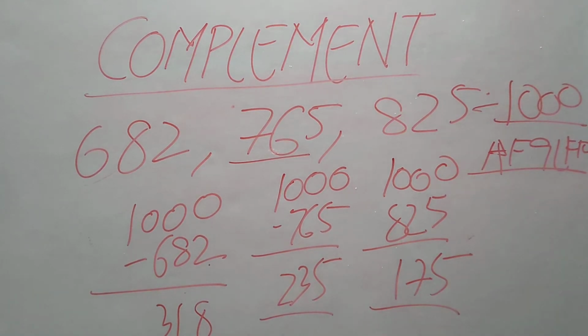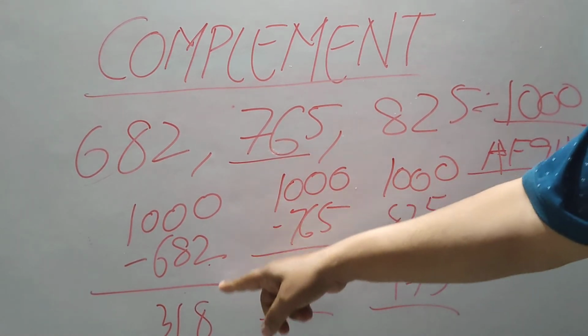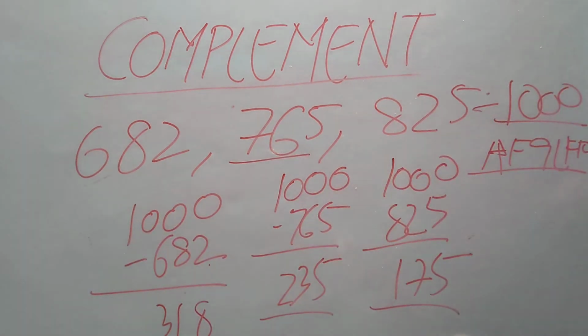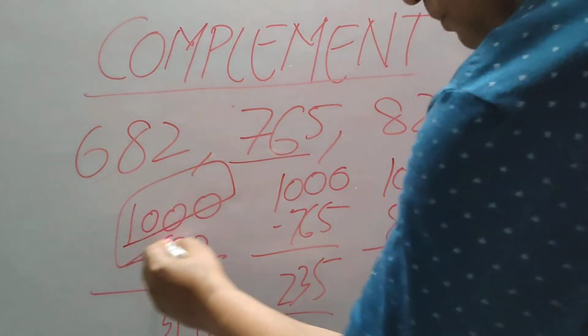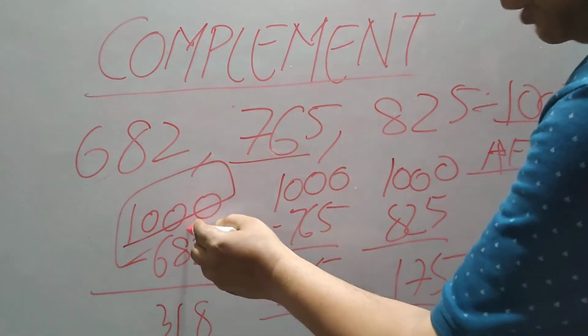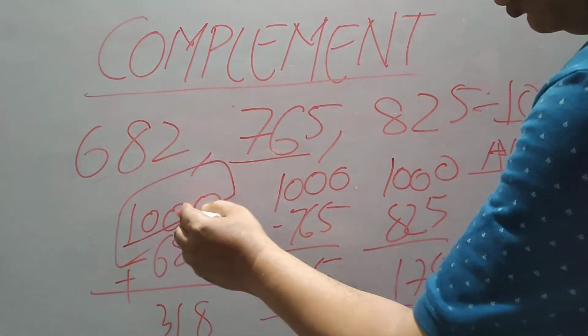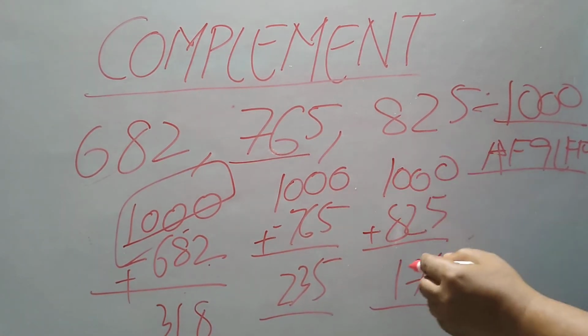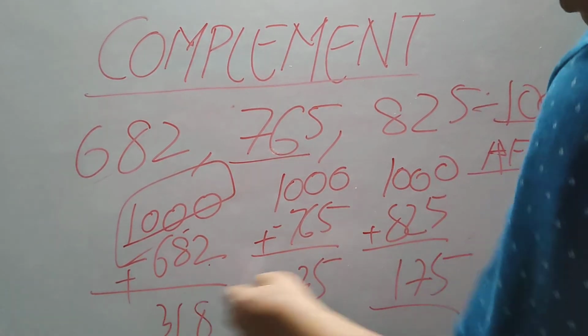Suppose I want to check whether I found the correct complement or not. What I will do, I will simply add these two. 2 plus 8 is 10. 9 plus 1 is 10. 7 plus 3 is 10. So I should get the base. It means that when I found the complement of a number, the complement and the given number when added together should be equal to the base. If I am not getting the base, it means there is something wrong with the complement.